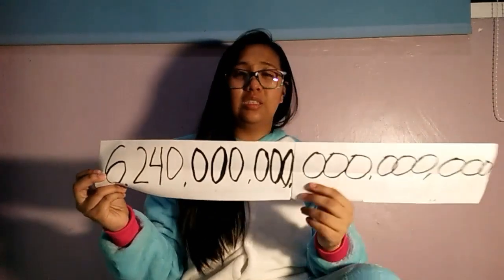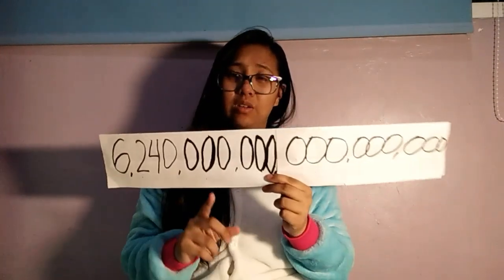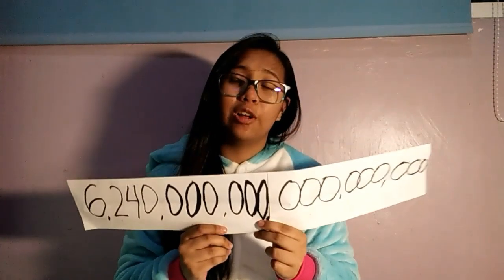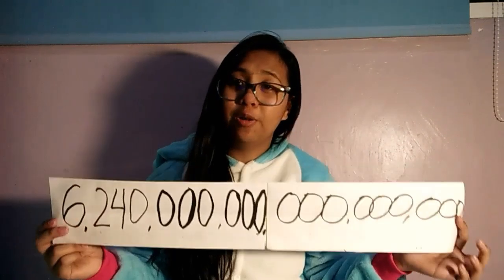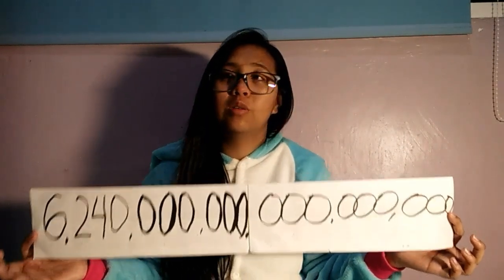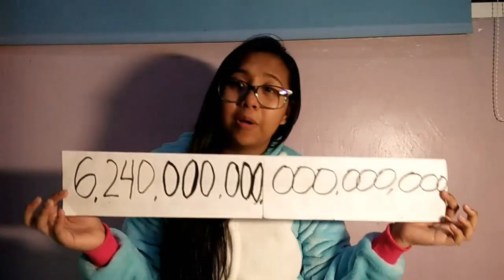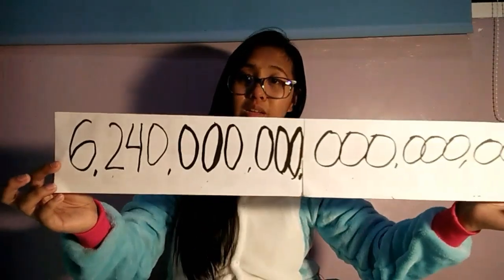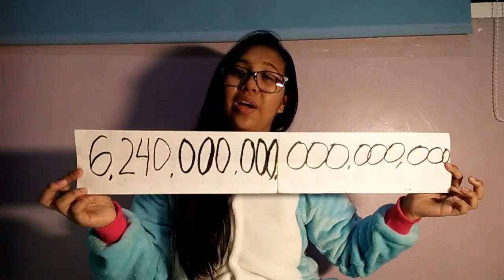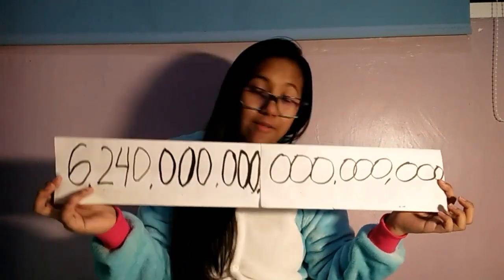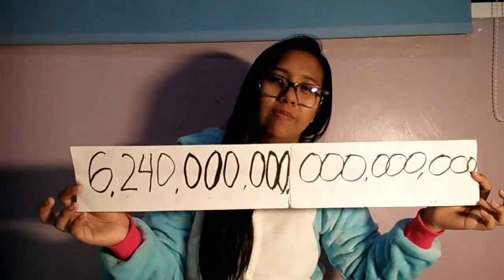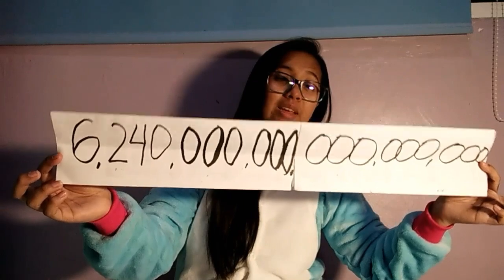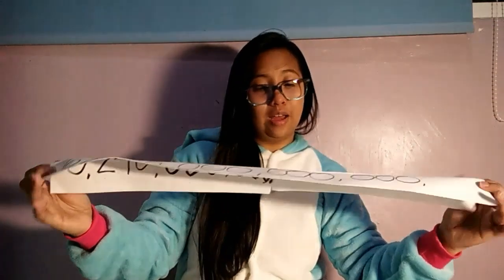But the question is, for every single proton or electron, how much is the charge in coulombs? How many coulombs are there in a single particle? The answer to that question is, we divide 1 by all of this. So 1 coulomb divided by 6 quintillion. And if you do that, you get an answer of